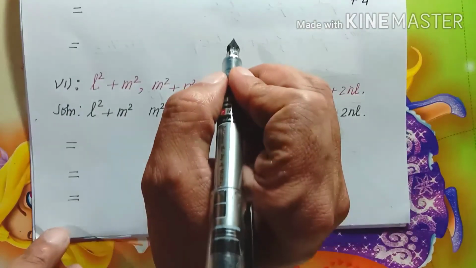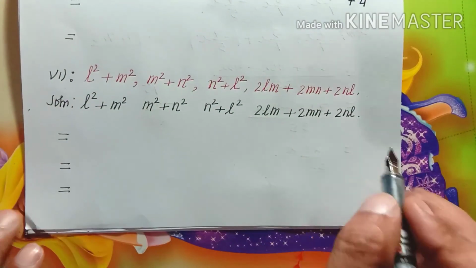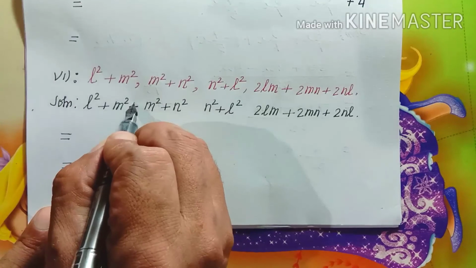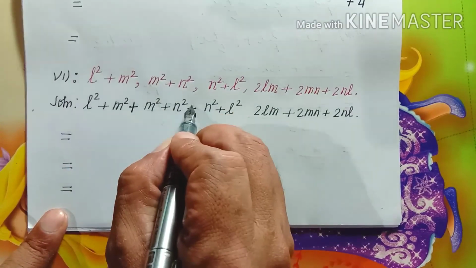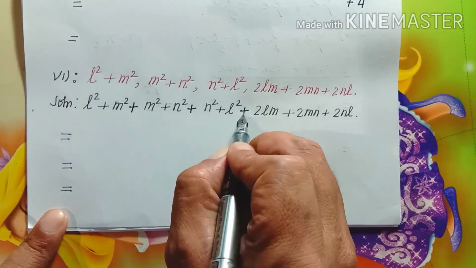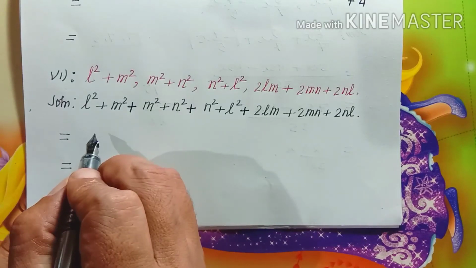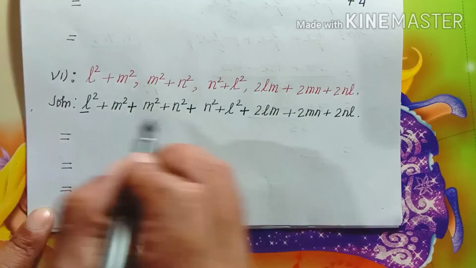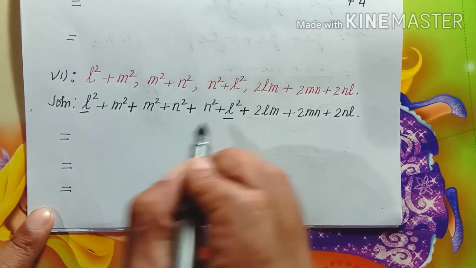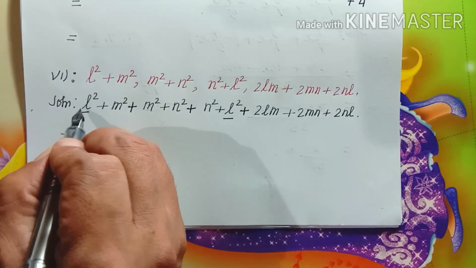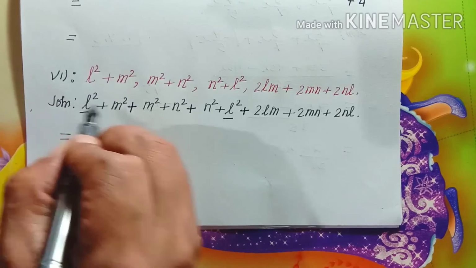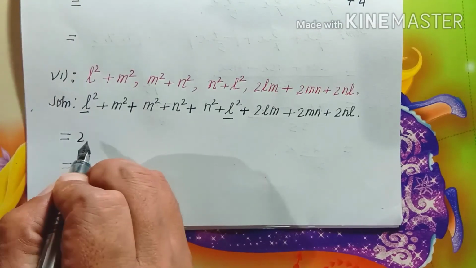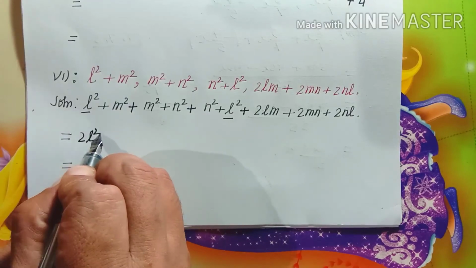Now the next one, again here comma is here, so you can replace with a plus sign. Comma is here, take a plus sign, comma is here, take plus sign. After that here you'll have to now collect the like terms. We can see here L square, this also L square, so the numerical value we can take here, so 1, this also 1, so 1 plus 1 will be 2, the variables will remain as it is.